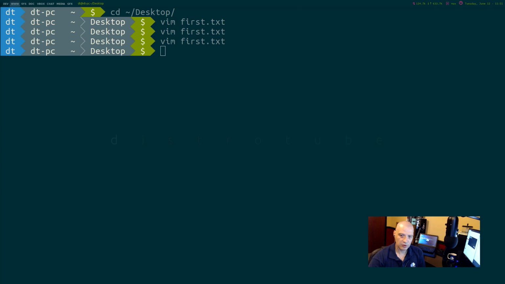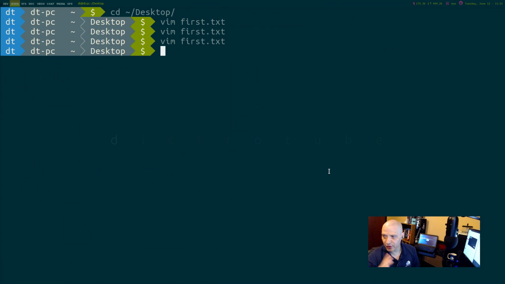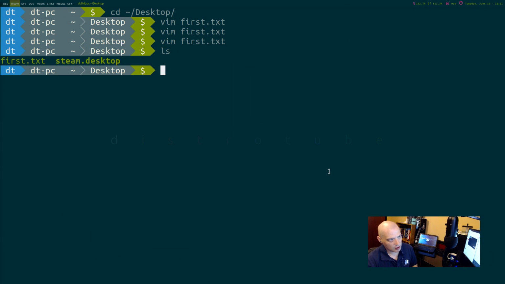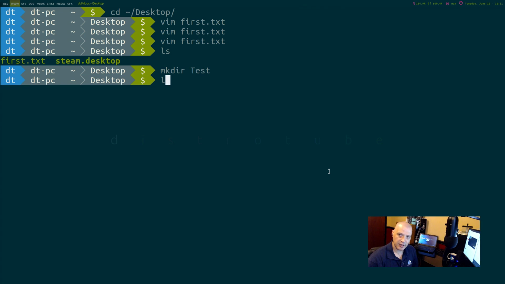Even though I'm taking my time here, I still haven't covered everything with the files yet. So let's see, ls. Okay, in my desktop directory I still have the first.txt file. What if I want to create a new directory, a subdirectory? Well, there is a command called make directory, mkdir, and we'll call it test. Now do the ls command again. Now I have first.txt that I created earlier, and you see this, test. That is a directory. An empty directory, there's no file there, but I could put a file there.